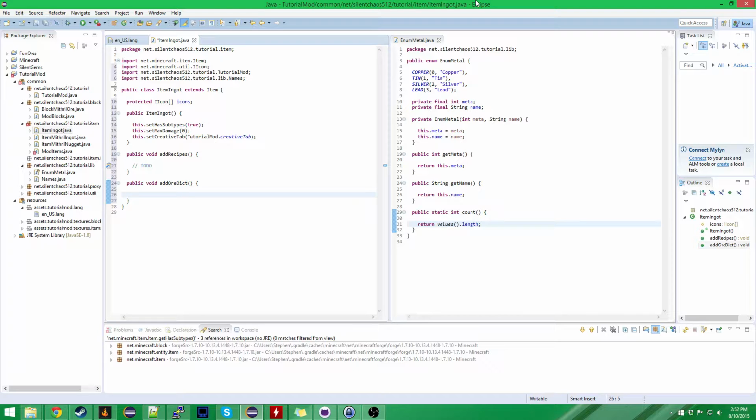So we're going to want to go over every ingot in this item, that's 4 ingots total, and register them in the ore dictionary. So how can we iterate over that? Well, we've actually got this enumeration here, and we can get an array out of that, so we could just enumerate over that. So we're going to say for EnumMetal metal in EnumMetal.values,